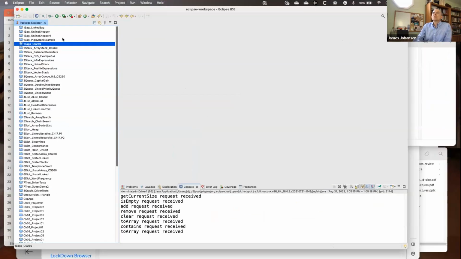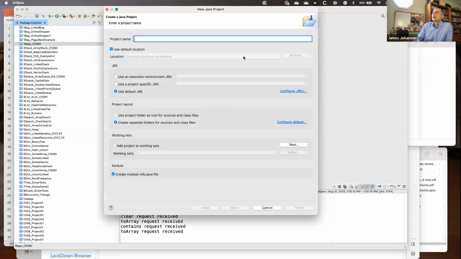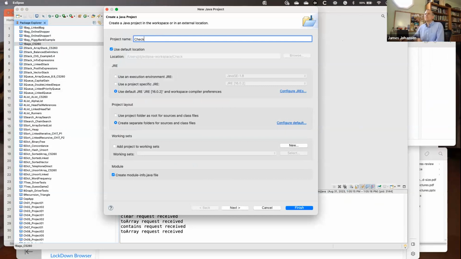So let me just create, let's see. There's all kinds of fancy settings that you can use. I believe that's all I'm going to need to just show you what this is. So just calling it check. Probably will show up around down here because I got too many things.